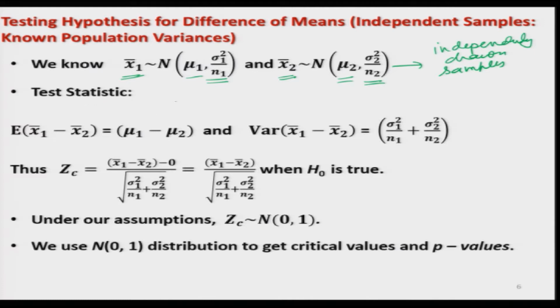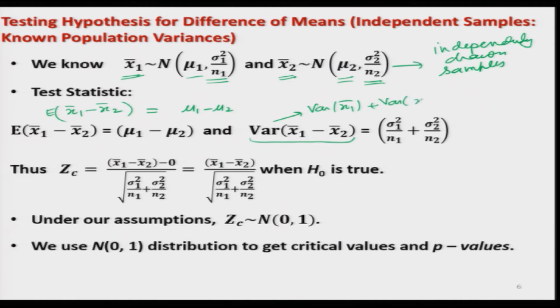So now in case I want to estimate mu1 minus mu2, then possibly I can consider x1 bar minus x2 bar as a possible estimator. If you try to take its expectation, you can see that x1 bar minus x2 bar is an unbiased estimator of mu1 minus mu2. And if you try to find the variance of this x1 bar minus x2 bar, this is going to be variance of x1 bar plus